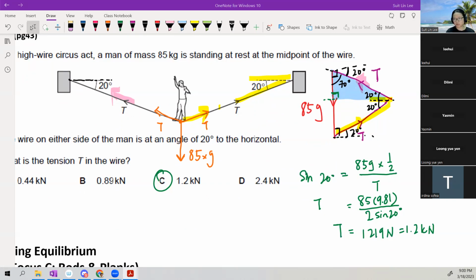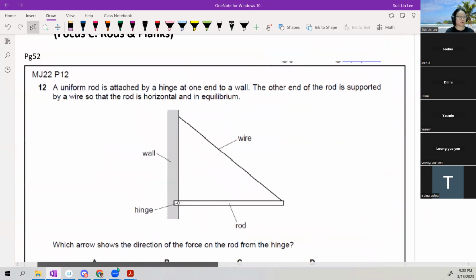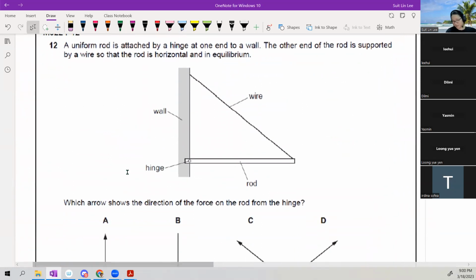This one in paper 2 is ON14 P23 question 3. Page 7 if you are using my topical handouts. Go try. All right. So we're going to level up our equilibrium and now look at stuff that involve a